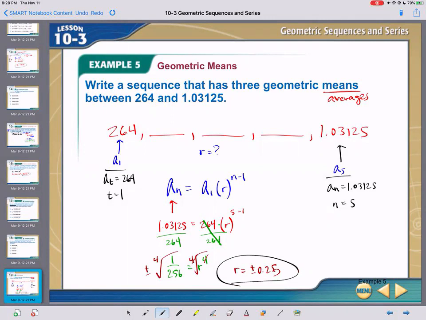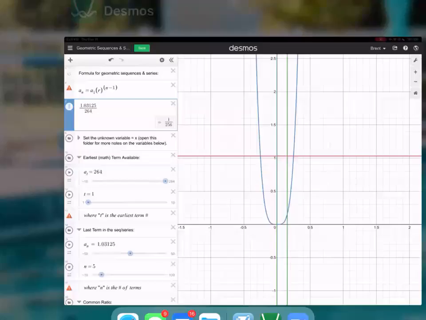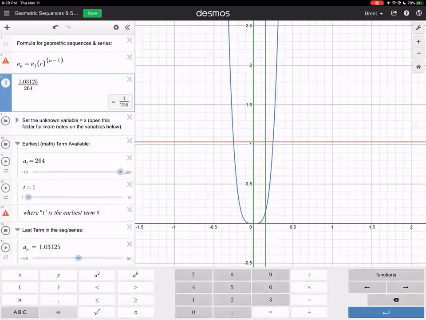Now that we know the rate, what we do is we multiply all of these by plus or minus 0.25. So that means the next one could be a positive or negative. Multiplying by 0.25 is the same thing as dividing by 4. So mental math here. 26 can be divided by 4 6 times, the remainder 2, 2, 4. I'm getting 66 there. I'm going to check that one just because that is a larger number. 264